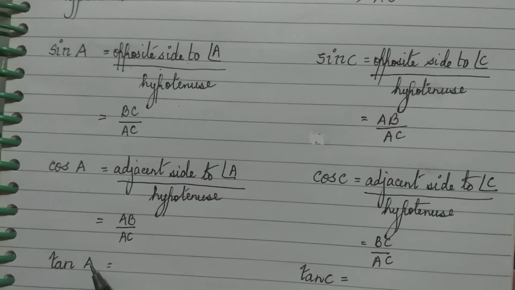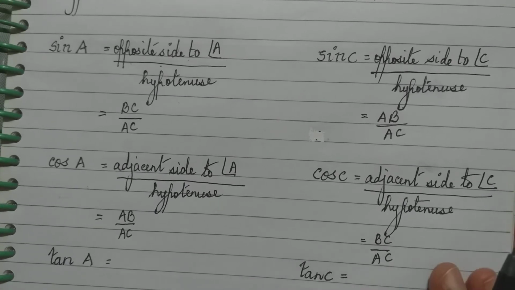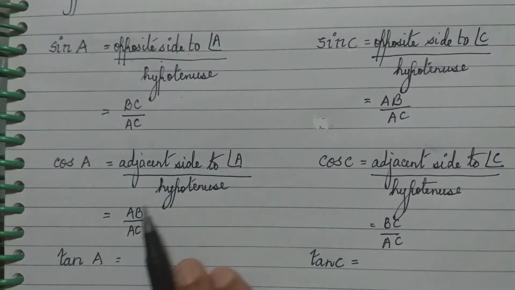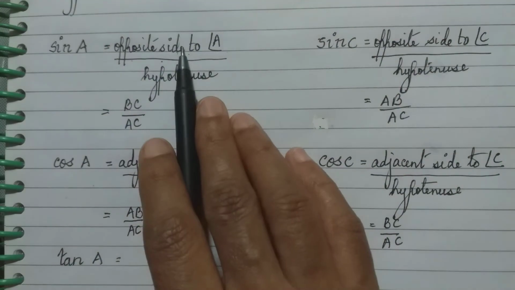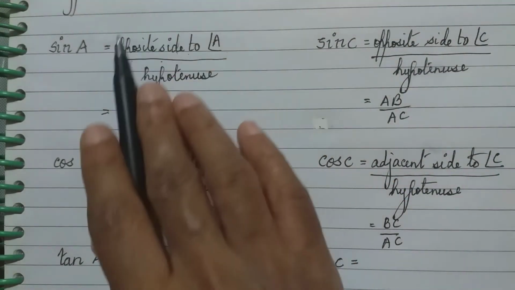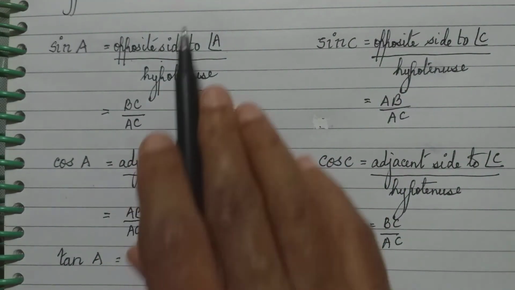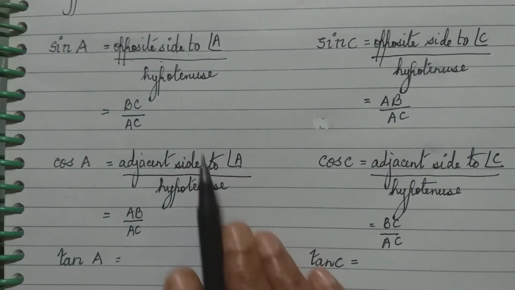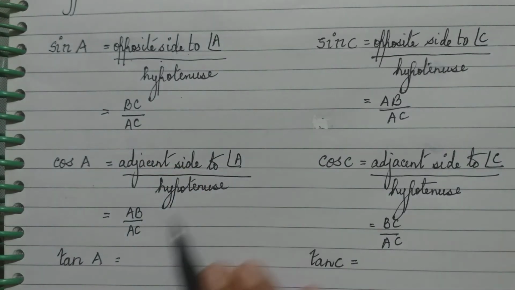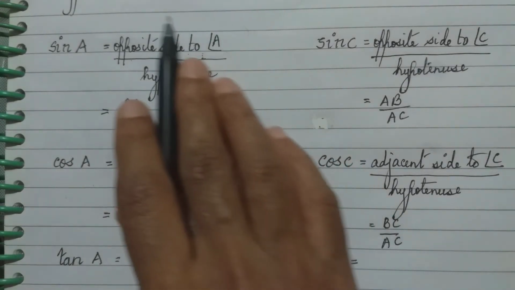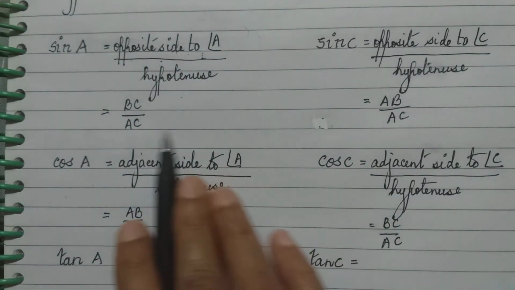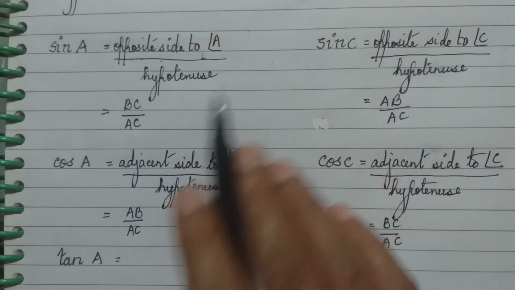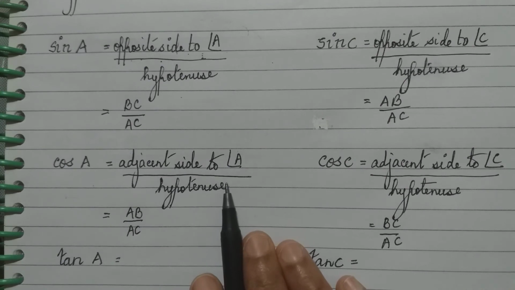Now we go to the third trigonometric ratio, tan, which is got by dividing sine by cos. Now if I divide sine by cos, this ratio upon this ratio. First of all, look at the ratios. Do you notice that the denominators are same? So if the denominators are same, the denominators cancel. So what is left? This will be the numerator upon this will be the denominator. That is opposite side to angle A upon adjacent side to angle A.